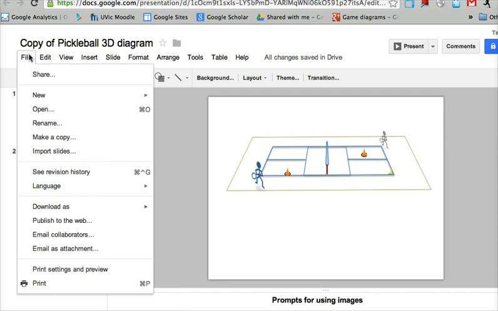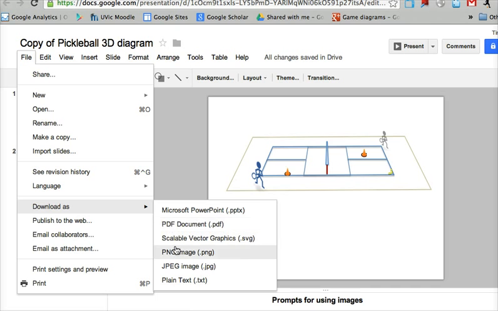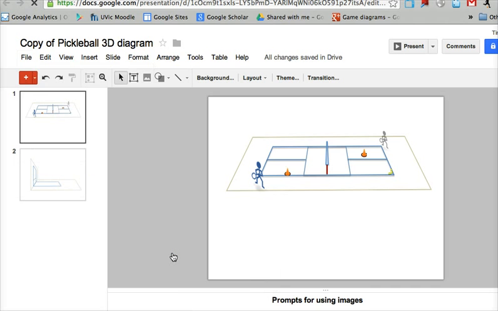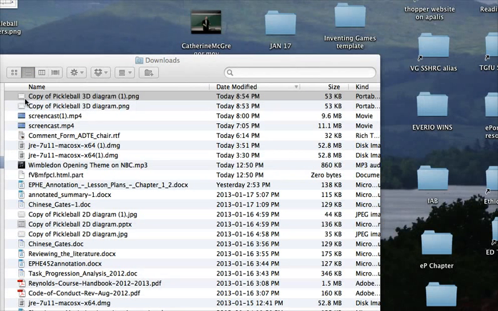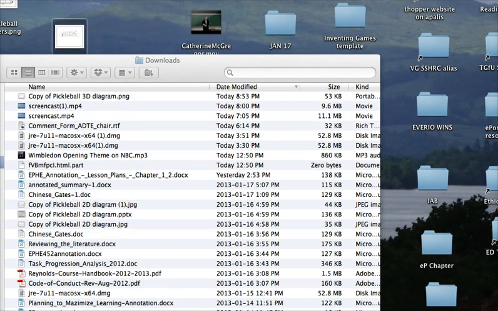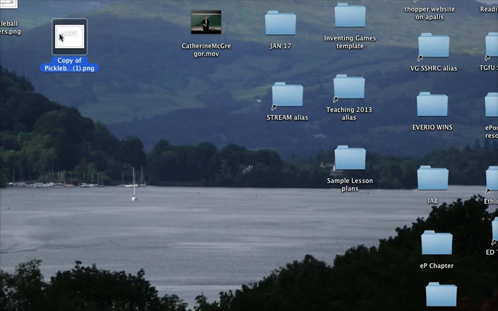So once it's downloaded, it will just be a JPEG or a PNG image, and it'll download onto your desktop, and then you can use that in whatever way you would need to use. In fact, it downloads into your download folder, as you can see here. And there's my 3D diagram I just started to create. And then this can be imported